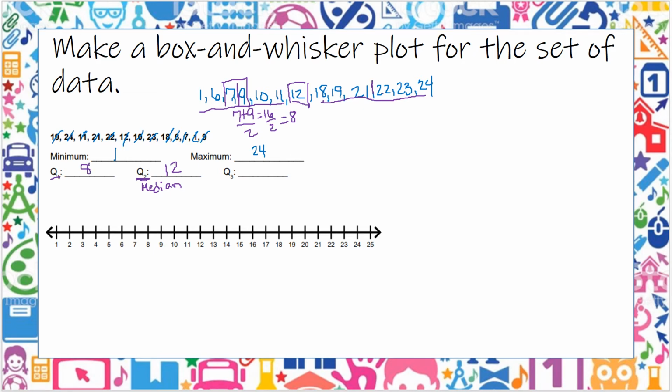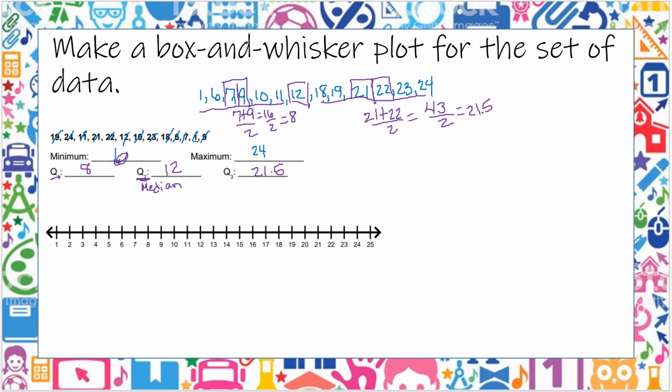I do the same thing over here. I've got to find the middle of 21 and 22. So 21 plus 22 divided by 2, that'd be 43. And half of that is 21 and a half. So what that does is it tells me, okay,